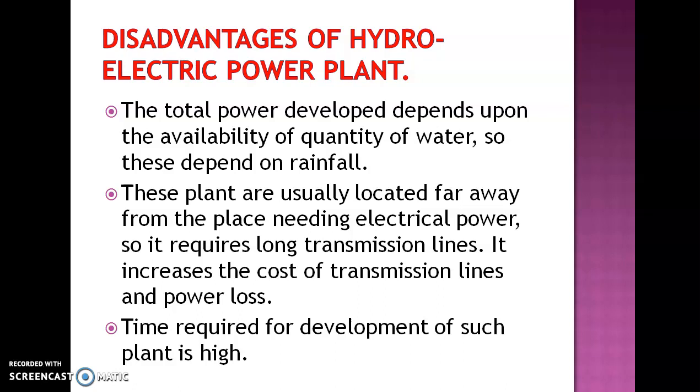Now a particular topography is required. A particular site selection is required in the case of the hydroelectric power plant. That site may usually be located far away from the place where we require electrical power. Because of that, we require a site where the rainfall is very high and there is proper storage of water. Another factor is the cost of land. It depends on the topography of that land, and it may be located far away from the place where we require electrical power.